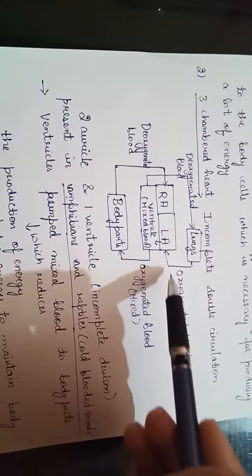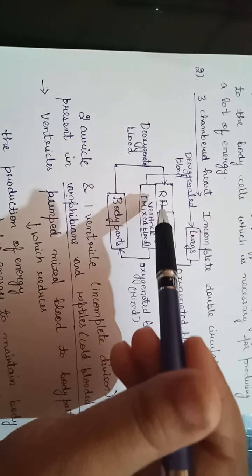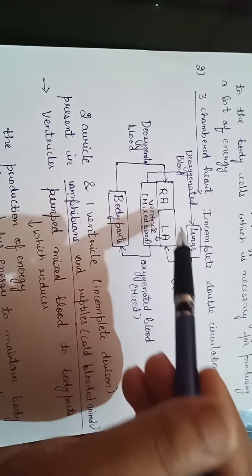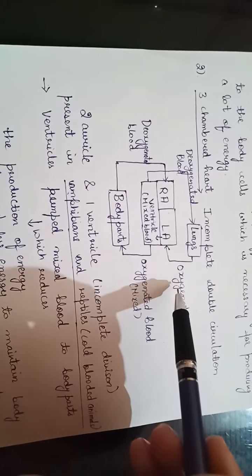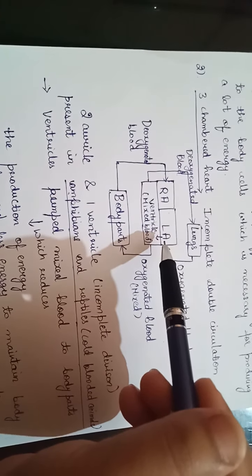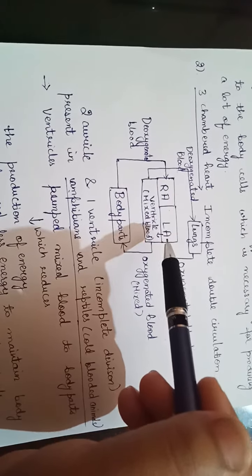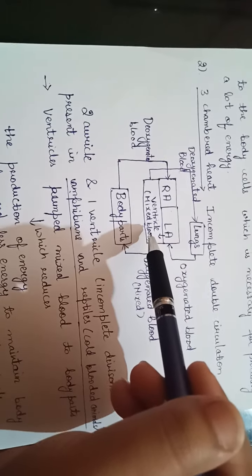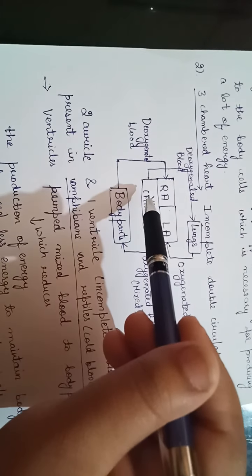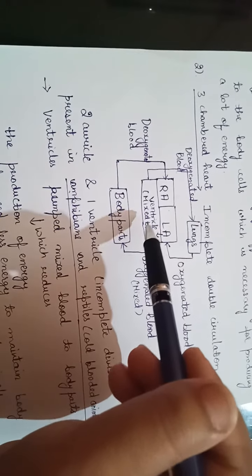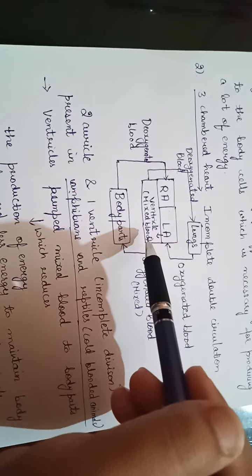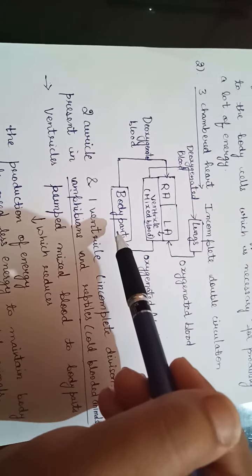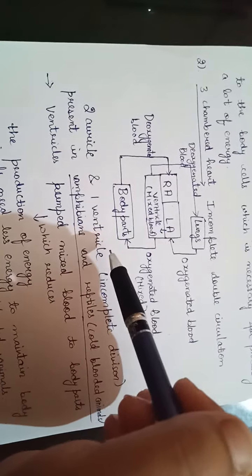The left auricle receives the oxygenated blood from the lungs. The right auricle receives the deoxygenated blood from the body parts. So when the oxygenated blood from the lungs enters the left auricle, and the left auricle pumps, the blood will enter the ventricle. Okay, but some deoxygenated blood will get mixed with the oxygenated blood and it will become mixed blood, and this mixed blood is then transported to the body organs, body tissues and the body cells,